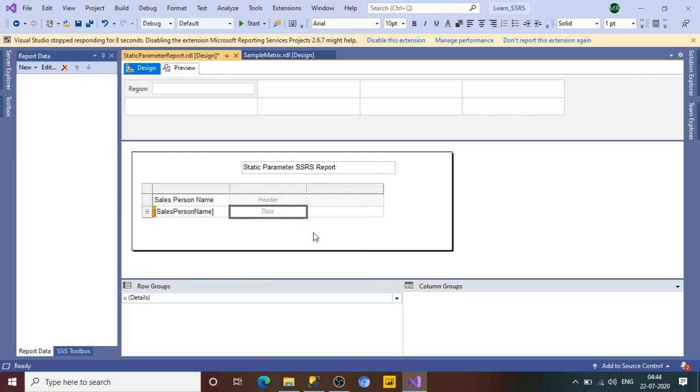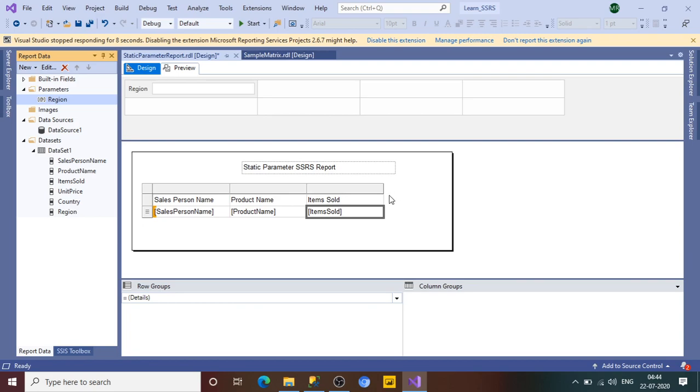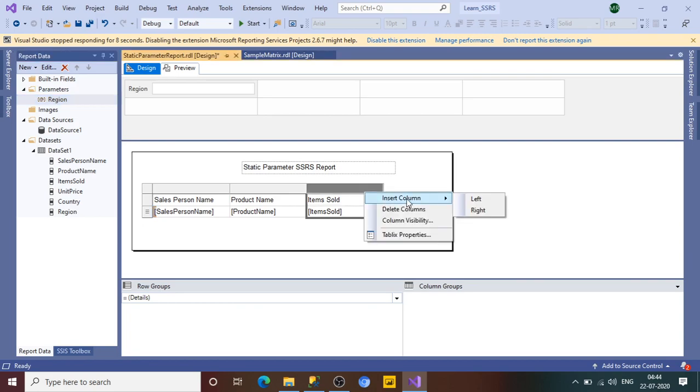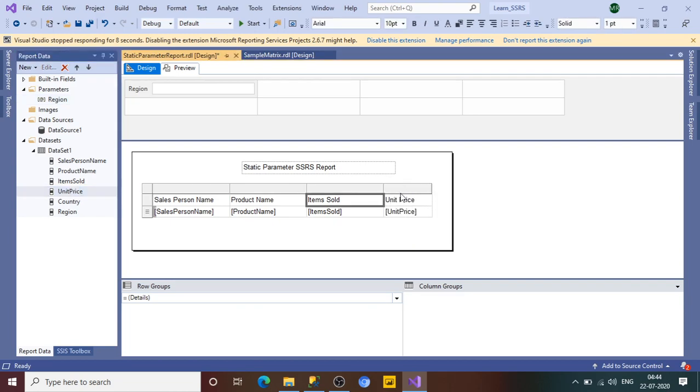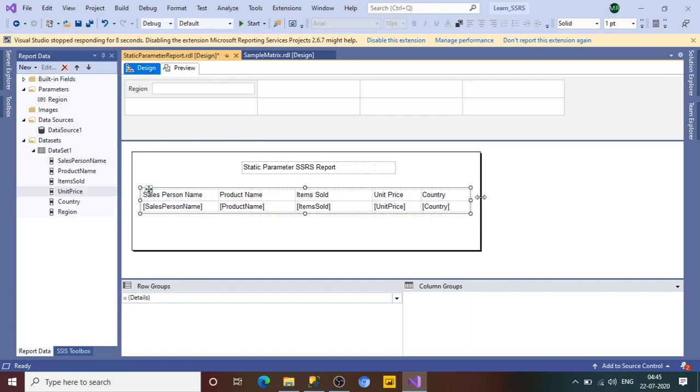here. So I'll quickly select all the columns one by one, and I have a shortage of a column. One thing is you can right click and insert a column on the right side, and second is you can just drag the unit price and it will automatically create a new column with the unit price. Then again you can drag and drop the country here. This way you can create new columns as well,